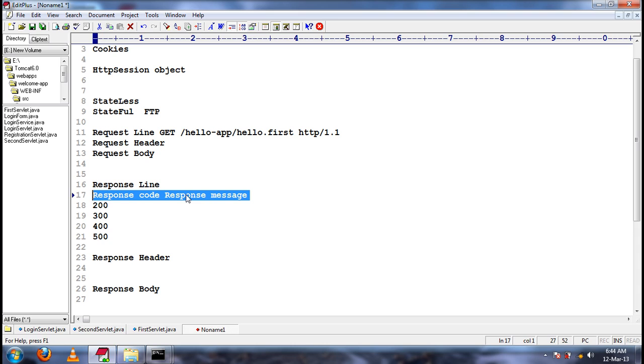Next thing. You might have understood at least the basic concept of cookies, how cookies will work. Did you get it? Cookies will be added to the response, and the response will carry those cookies to the browser in the form of response headers, and the browser will store that response header information in the temporary internet files. For all the next requests to the same web application, all the cookies will be added into the request by the browser. That's how cookies work, and we'll see in a program how cookies will work.